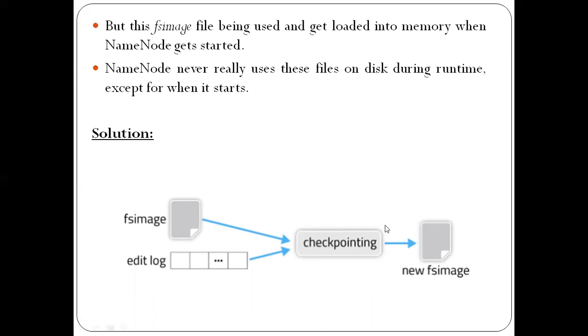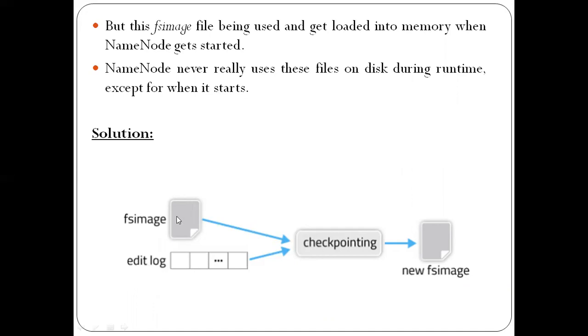In the sense, this screenshot is first stored in the hard disk. Whenever the name node gets started, this file, the screenshot, fs image, is taken from the hard disk to the main memory. So each time taking this file from the hard disk will reduce the overall performance of the system. To overcome this problem, we make use of another file called edit log.